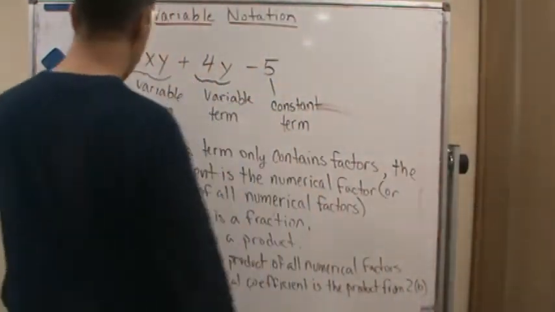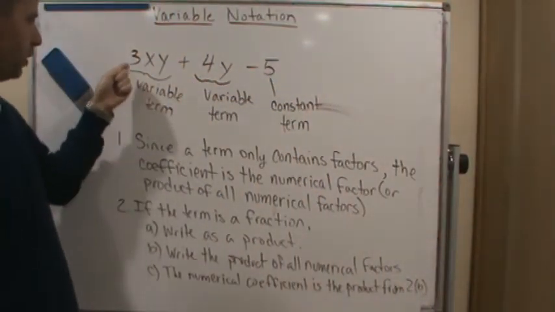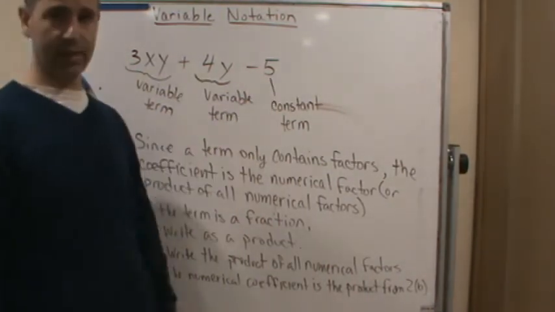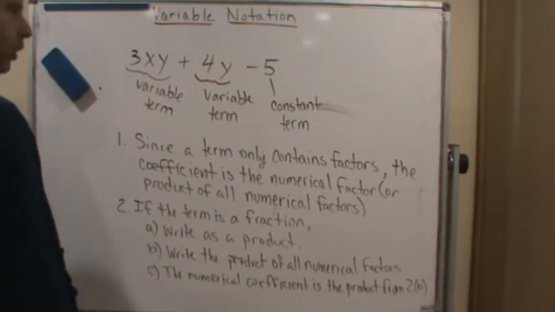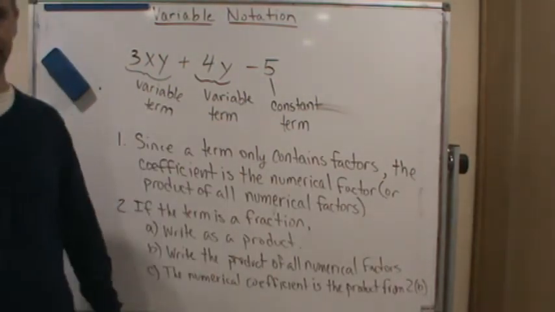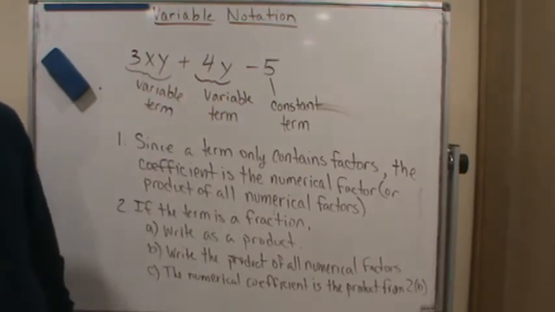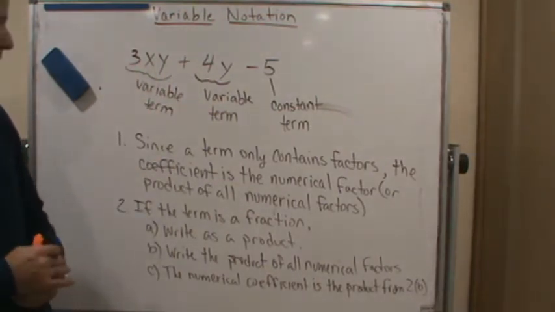So in this case, I would say the coefficient of this term is 3, the coefficient of this term is 4, and of course this is a constant term. So you could technically say that the coefficient is 2, but typically we're talking about the 4 and the 3 in this case. Okay, now,